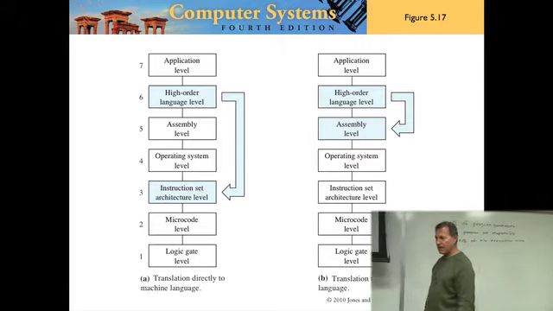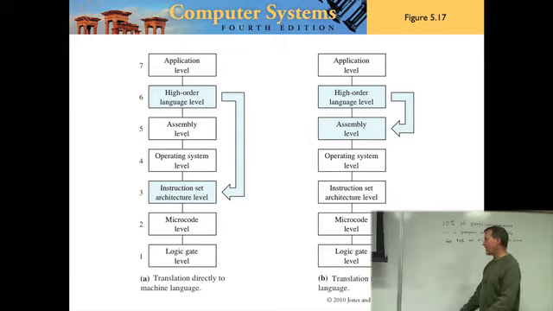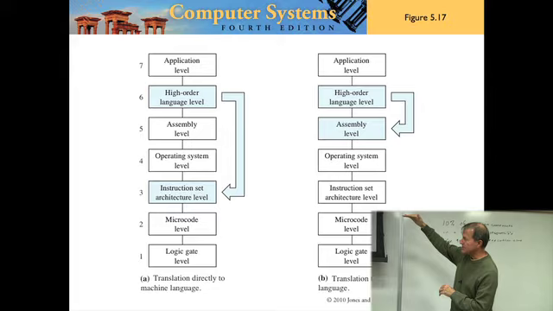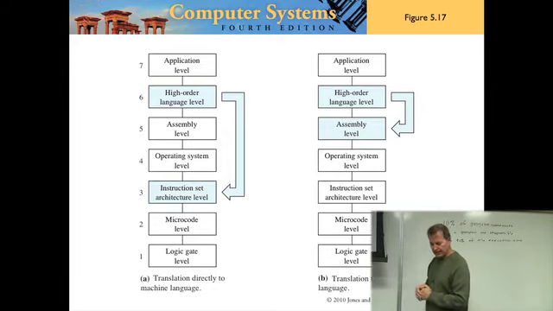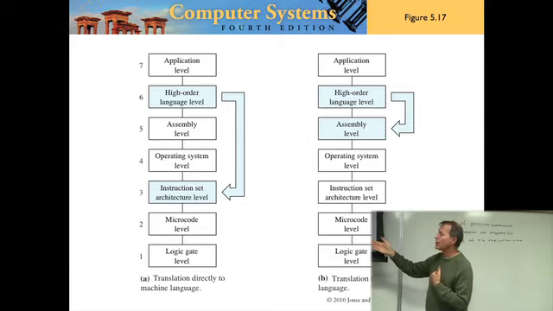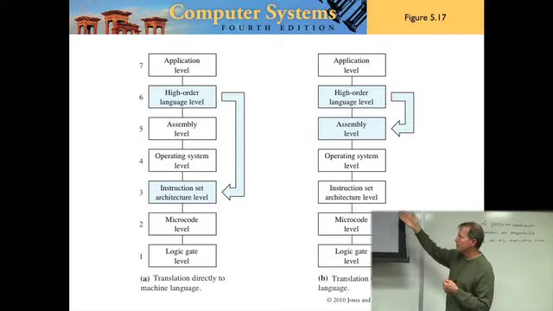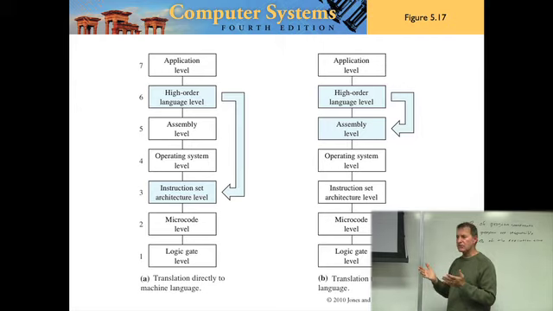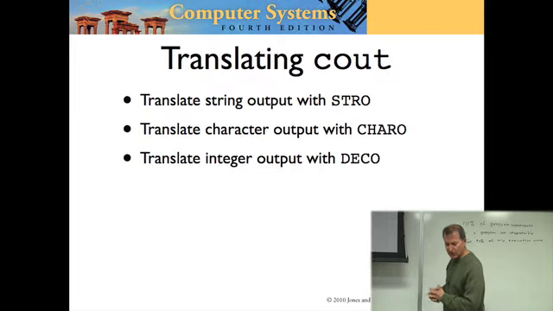Are you with me? Now what we're going to do from here on out, our big journey, is how the compiler translates from level 6. Even though in practice sometimes it's done as in A, going from 6 to 3, we are going to go from level 6 to level 5, because at level 5 we can think in symbols and stuff like that. So the first program that we're going to translate is a C++ program that has cout in it, and we'll see how it is translated.